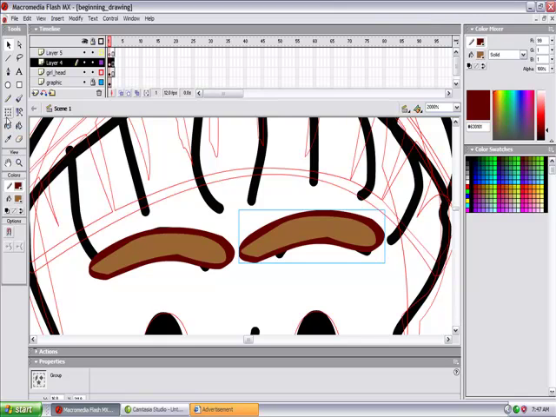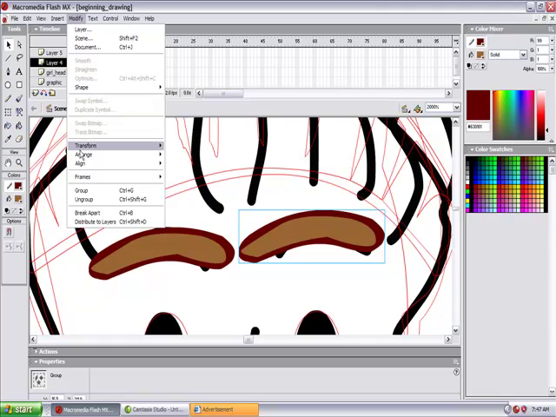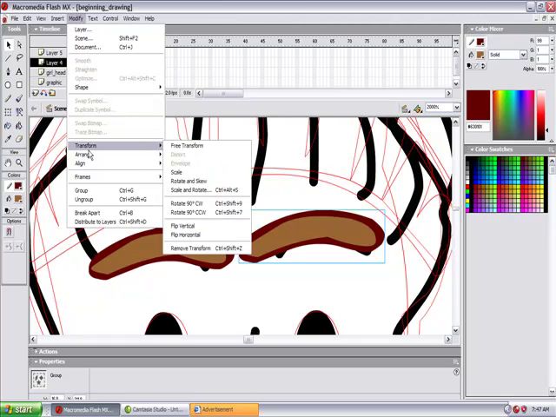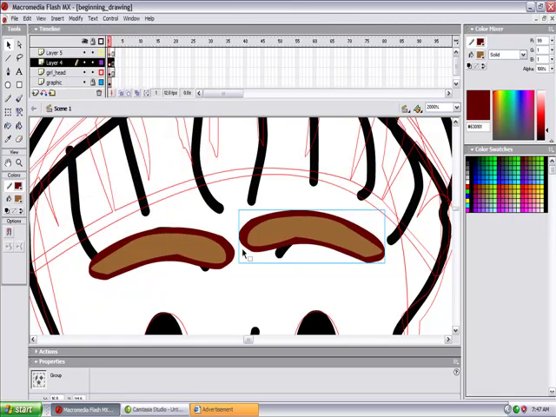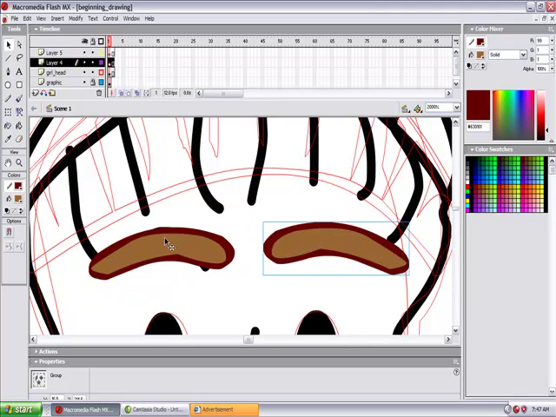I'm going to actually come in here and flip that eyebrow. So I'm going to transform. I'm going to flip it. Now watch, if I flip it horizontally, there's my eyebrow. So now I have two eyebrows, similar design and shape. Look, both our eyebrows aren't similar, but we can go ahead and make some changes